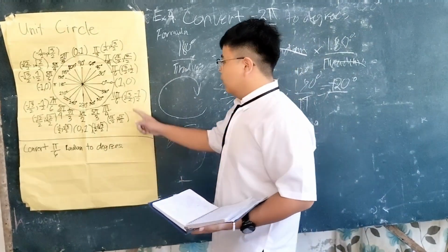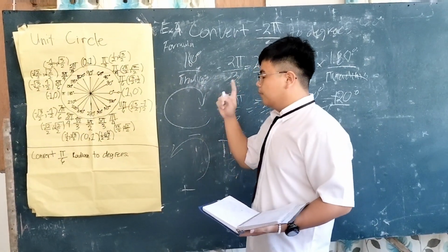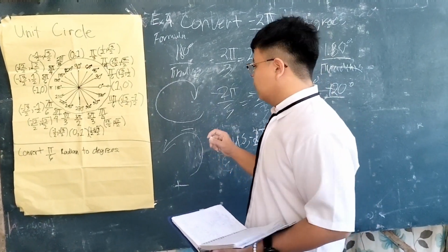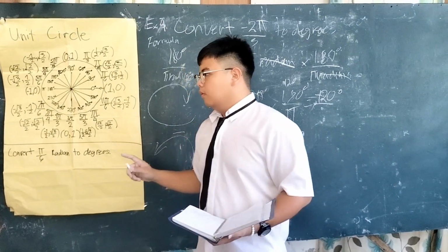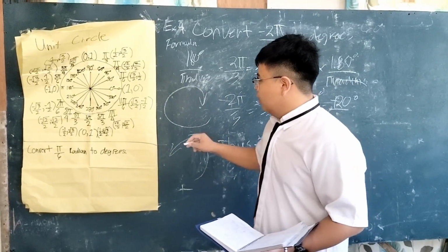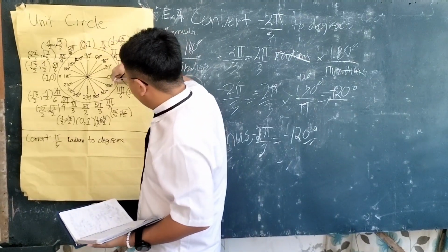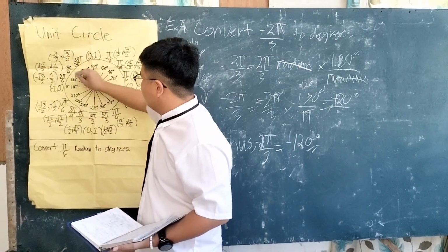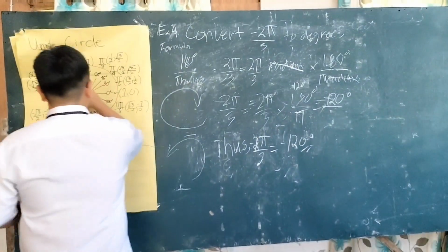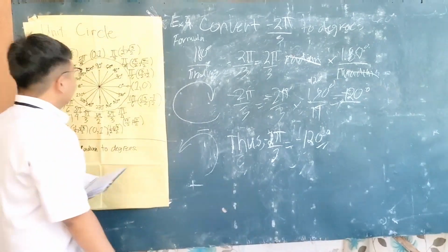So we can see that this is positive because it is rotated to the left, and this can also rotate negatively. From the rotation, negative 90 and the whole of this is negative, not positive. So yes, the right answer is negative 120 degrees, equivalent to negative 2 pi over 3. So the answer is correct.